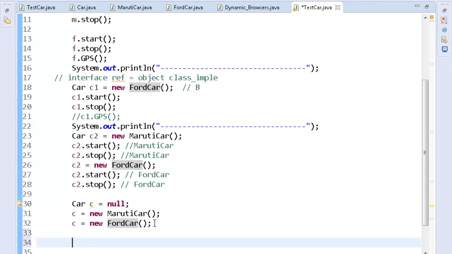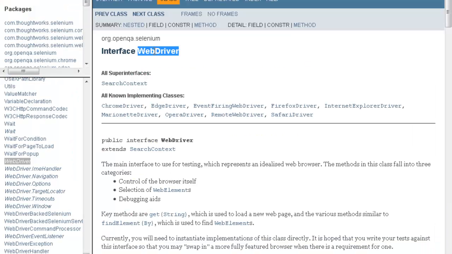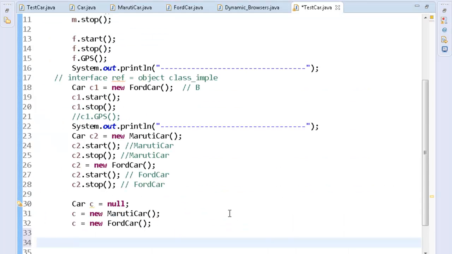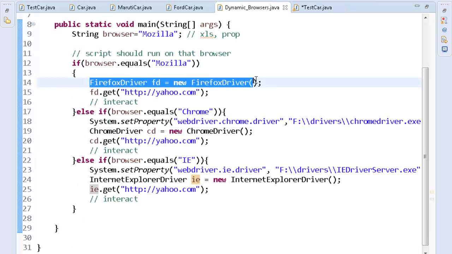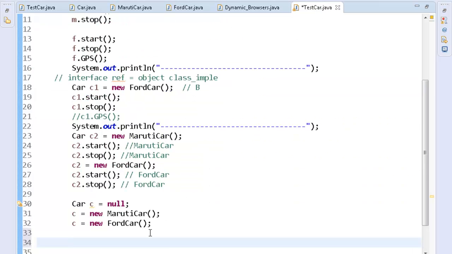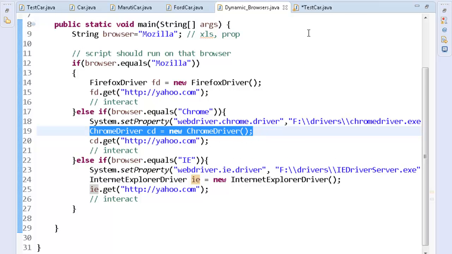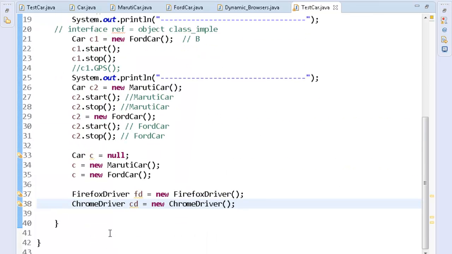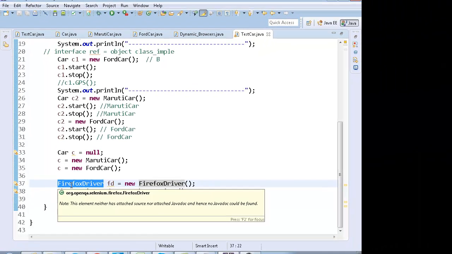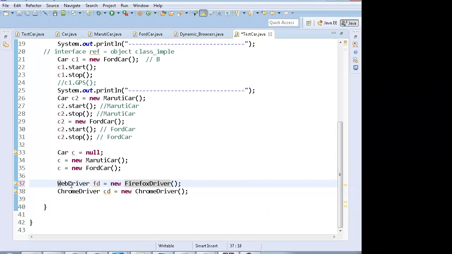Now everybody knows, as I told you just now, WebDriver is an interface, and all the driver classes are implementing the interface WebDriver. So out here if I create the object like this, say FirefoxDriver equals new FirefoxDriver, or ChromeDriver equals new ChromeDriver, instead of creating the objects like these, I can also write WebDriver over here, the interface reference.